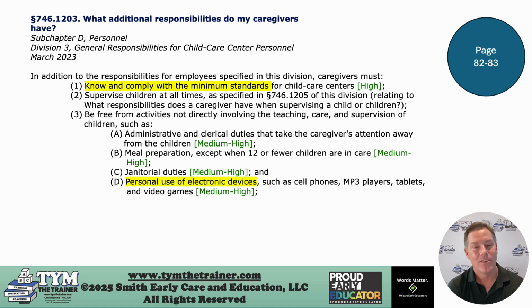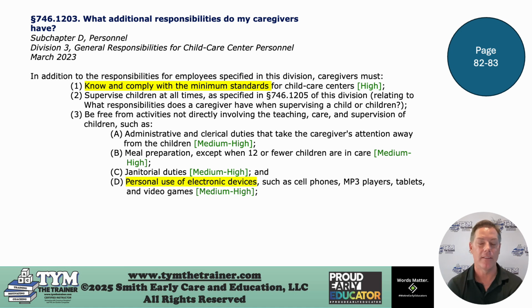unless using that tablet is taking your attention away from supervision and away from the health and safety of the children. And this is becoming a really big issue in our industry. The parent communication apps are starting to cause a lot of problems because our teachers are more focused on updating those apps and sending messages to the parents than they are supervising and keeping the children safe.